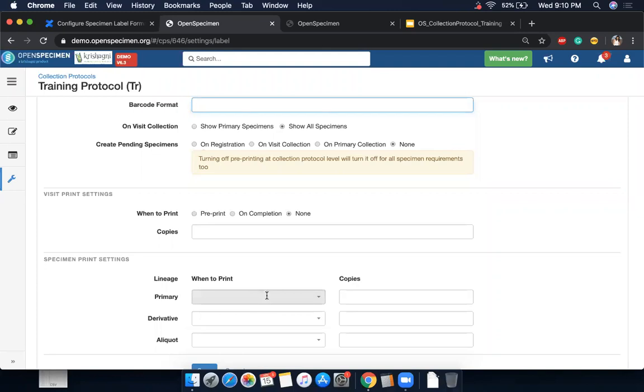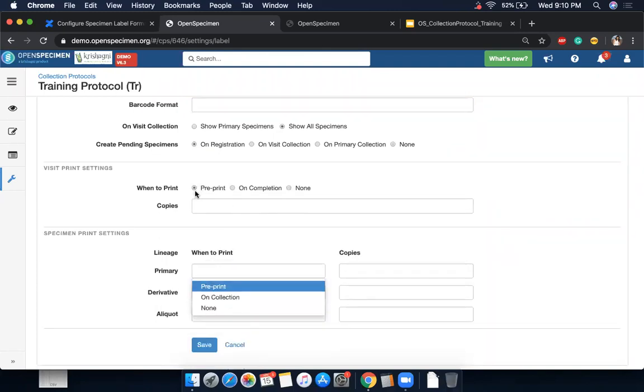So these you see here, suppose I want to say on registration pre-print. So you see that I have this pre-print option, which means that even before I collect the specimens, I can print the labels. This is useful if you know in advance that someone is coming today for a 6-month follow-up. So you keep the tubes ready with pre-printed barcodes. Since you have defined what you're going to collect in the protocol, like you're going to make 3 plasma aliquots, 2 buffy coats, the system knows how many labels to print.